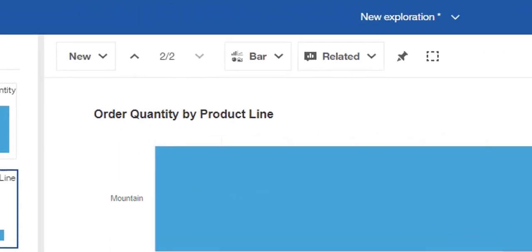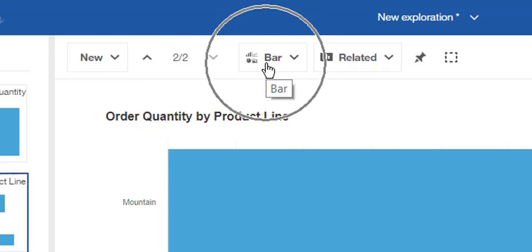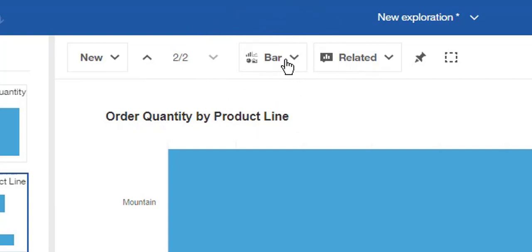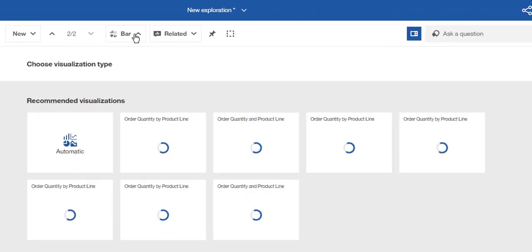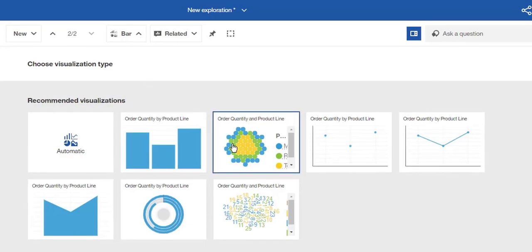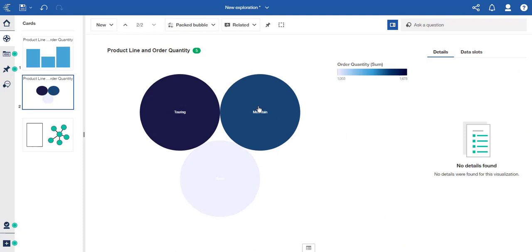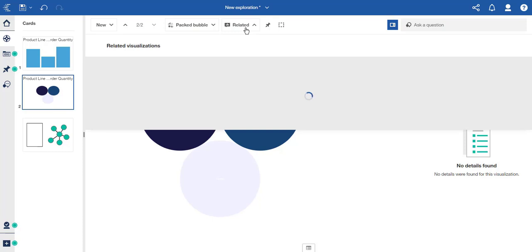If we turn our attention to the top of the visualization here, you can see the current visualization that's being displayed, which is bar. If I click the drop down arrow, we'll see other suggested visualization types from Cognos. And I could select one of those. You'll also notice we have this related drop down here as well. So if I want to see suggested visualizations based on related data items,